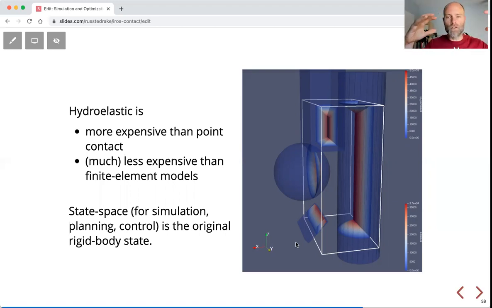It's not summarizing the geometry with points that are moving. Therefore, there are no state variables associated with the surface. The state space, if you want to use for simulation, but also for planning and control, is still the original rigid body state space, okay? We are not modeling any of the deformation dynamics. We are just given an instantaneous frame of two bodies that are intersecting with fixed geometry, computing a force with